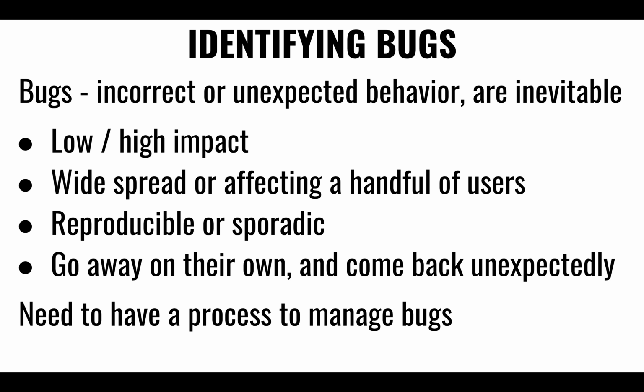Now, these bugs might be low or high impact, right? It might be that something is misspelled or something might look ugly, but it's not really stopping anybody from accomplishing their work. So not all bugs are the same. It depends on the impact, and on how many folks it is affecting. Is it affecting everybody, or only certain folks that might have a very old version of some plugin or some old version of IE, perhaps only a small subset of the audience? So all bugs are not the same, right?